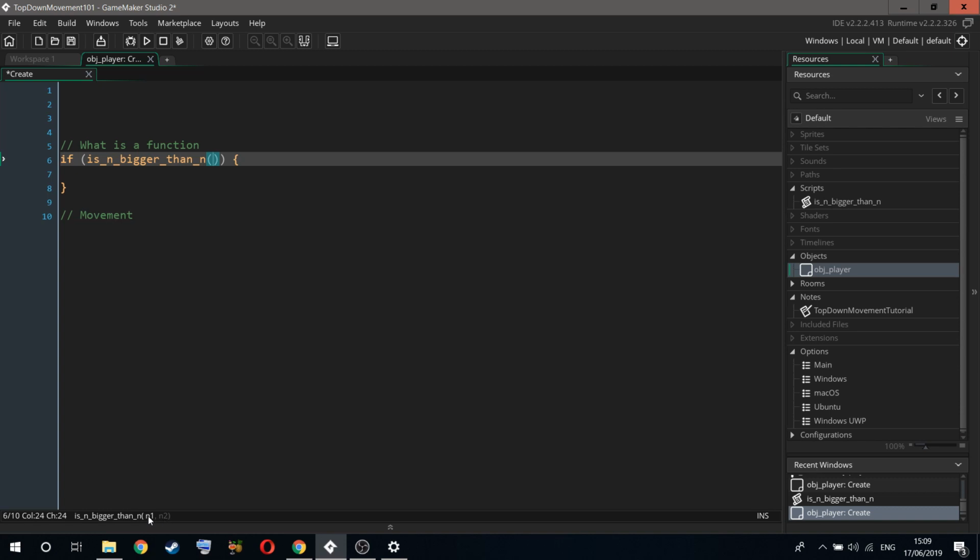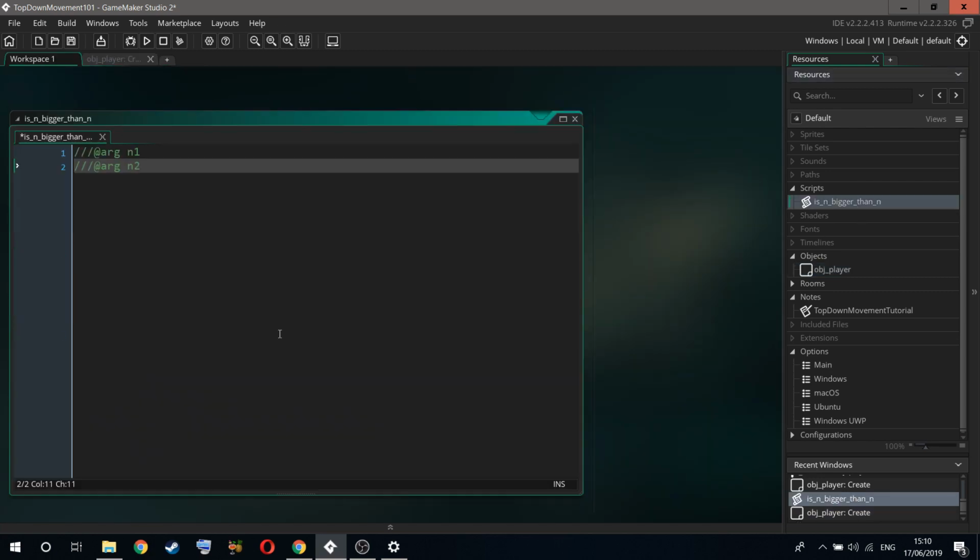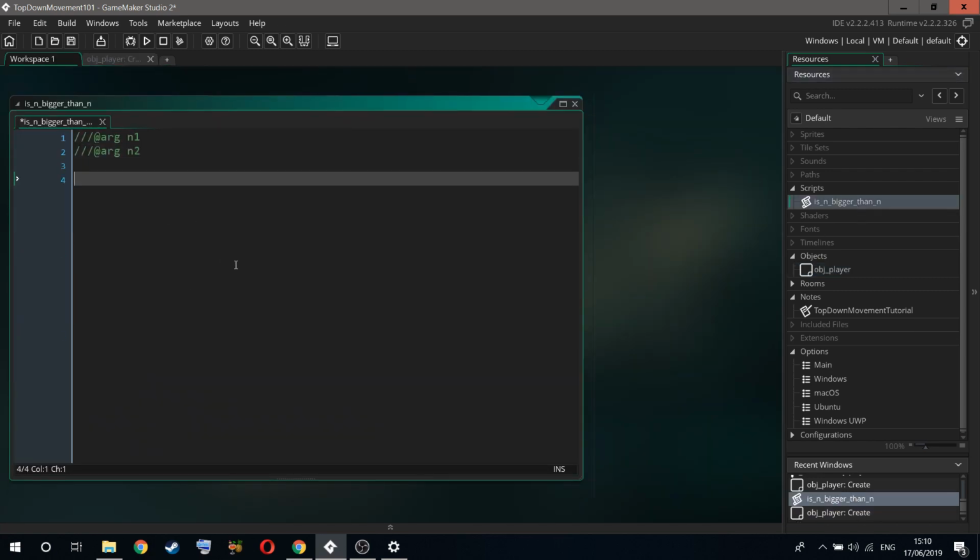So it's just to help you remember what variable should be where. So anyway, 10, sorry, 10, 5, let's say. Well, in the script, you could do